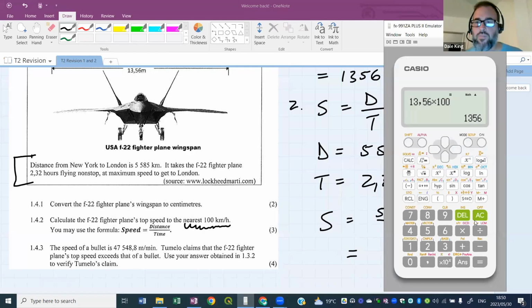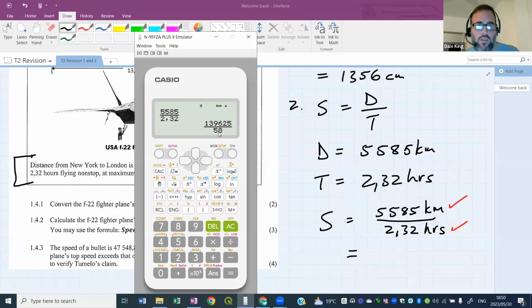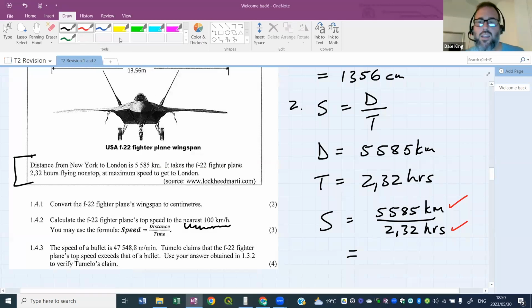All right, so now let's get our calculator. Let's move it over quickly. So I need a fraction. We have 5,585 at the top, and at the bottom I need 2,32 hours. All right, I've got the number there. I'm going to change it in a second. There's another thing I want to tell you. This time